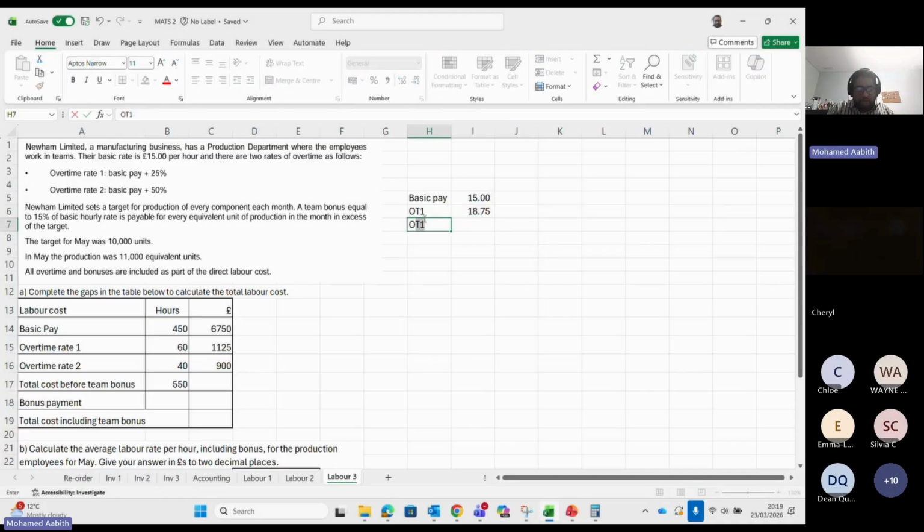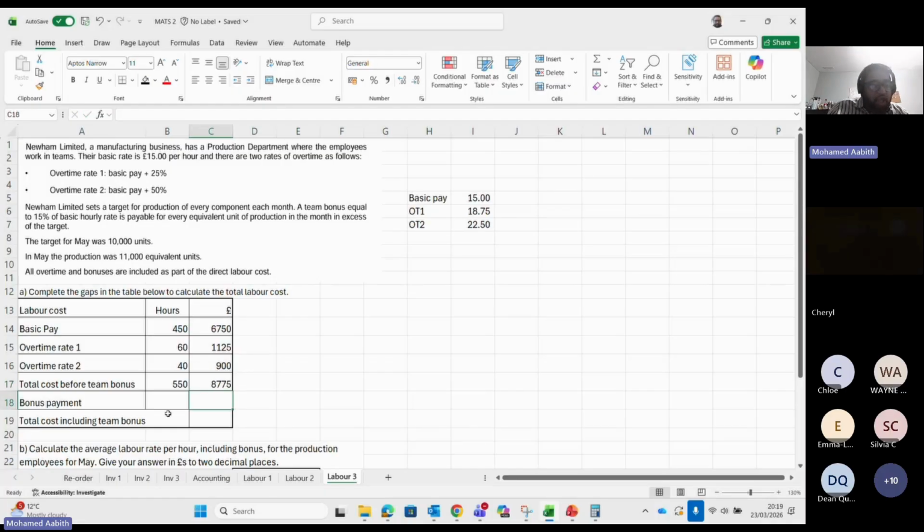What is the overtime 2 rate? It's equal to that times 1.5, which is £22.50. It just works out the number. So 22.50 times 40, that's going to be 900. They're telling you here, what is the total cost before the team bonus? So the total cost is going to be this plus that plus that. We have